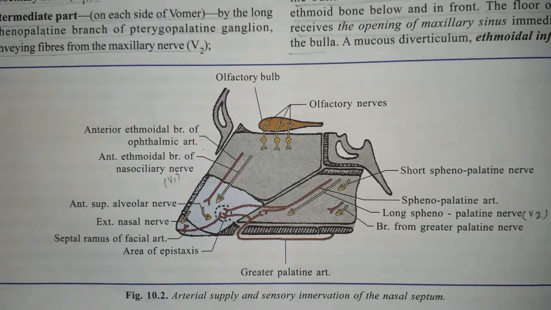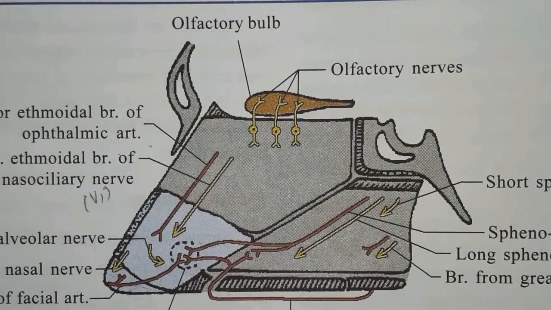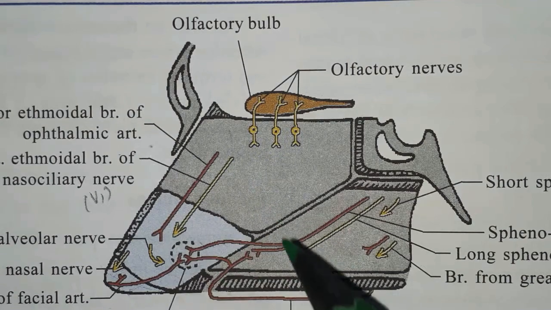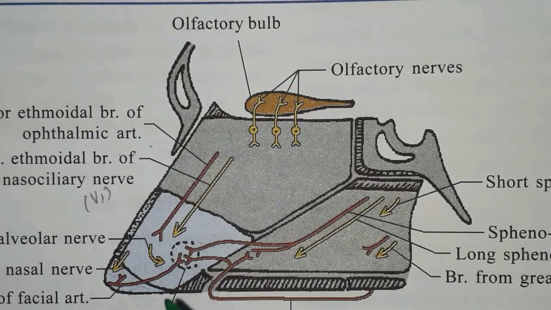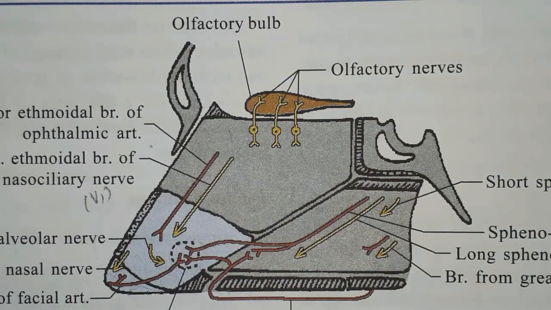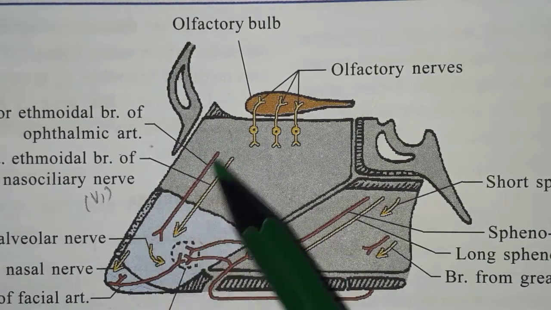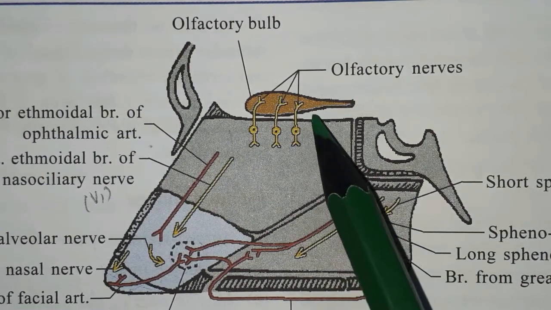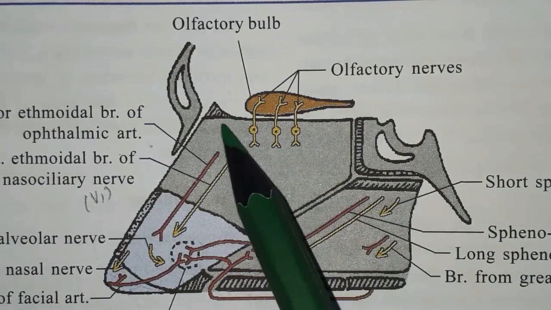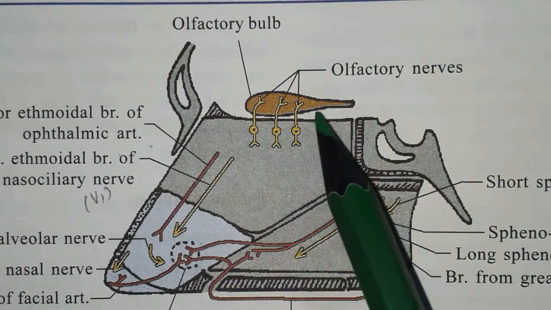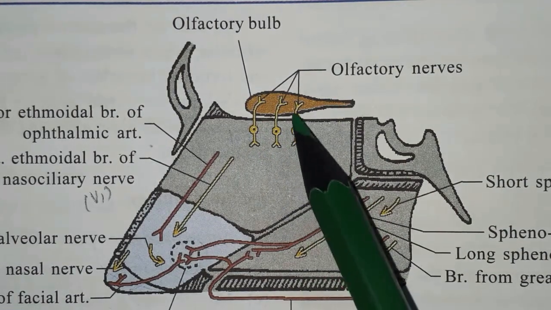Let me magnify it a bit. Yes, now it is done. See, the anterior and the superior part, or the antero-superior part, is supplied by the anterior ethmoidal branch of the ophthalmic artery, this one, and the anterior ethmoidal branch of the nasociliary nerve lies at the anterior and the superior part. Okay, in the superior most part you can see the olfactory bulb is present above the ethmoidal bone, or the cribriform plate of the ethmoidal bone, and there lie the olfactory nerves which pierce the cribriform plate